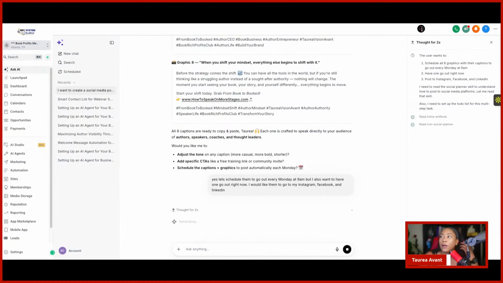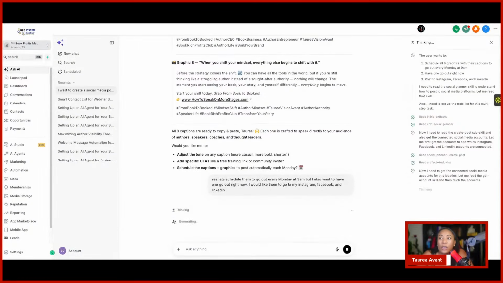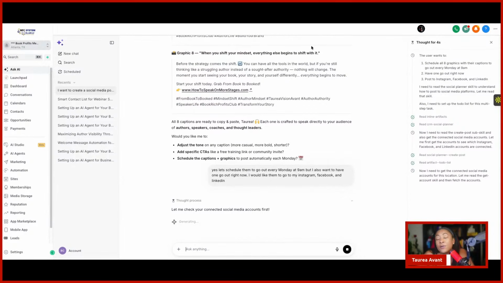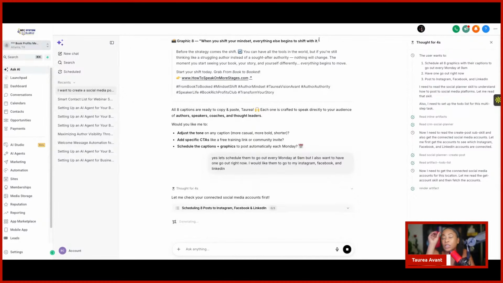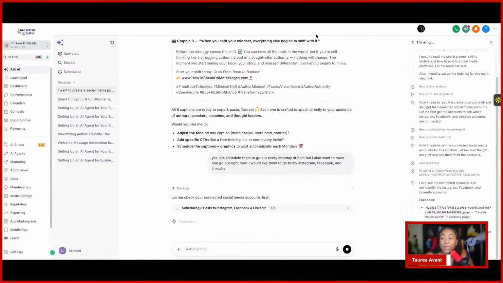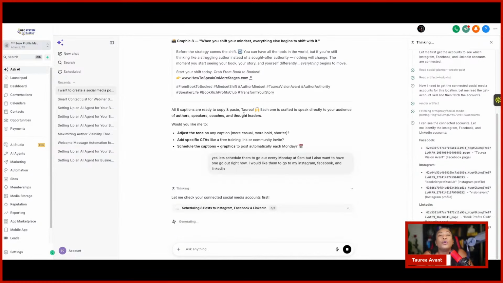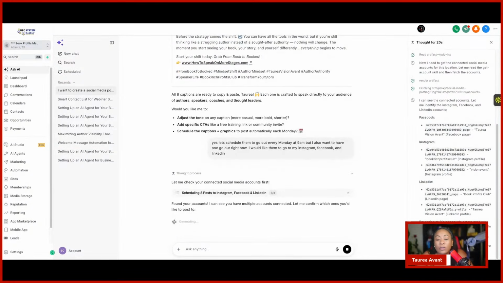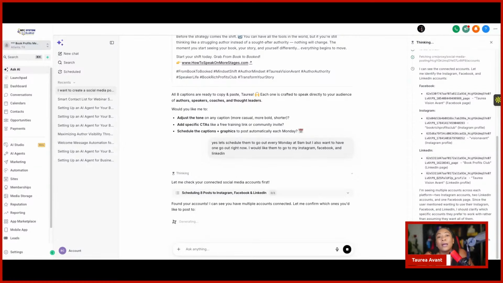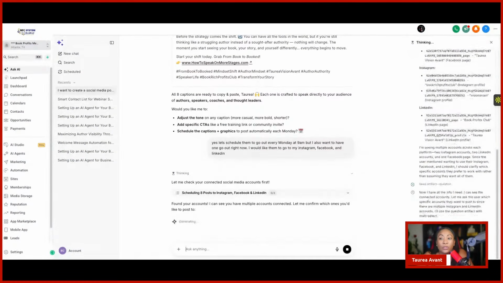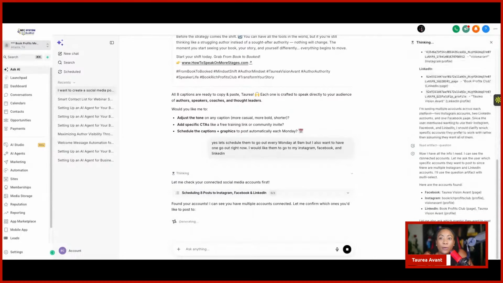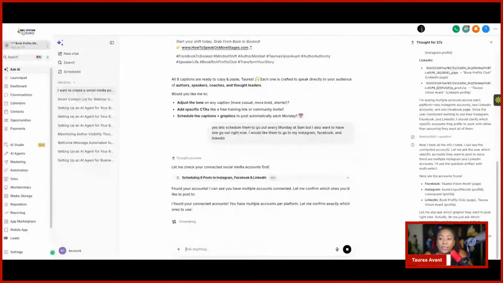Now, the only reason I'm not telling it to go to my TikTok, which is connected, and I need to show y'all one final feature and then I'm going to open it up for additional questions, is because TikTok is video based. YouTube is also video based, right? So yes, you can post images on the YouTube story-like timeline thing, but as of right now, and I could be wrong, it might have updated, it doesn't let us just post images. To post videos, you would have to do something different. And let me also say, there are ways to batch post videos utilizing the software, but we're not going to get into that right now.